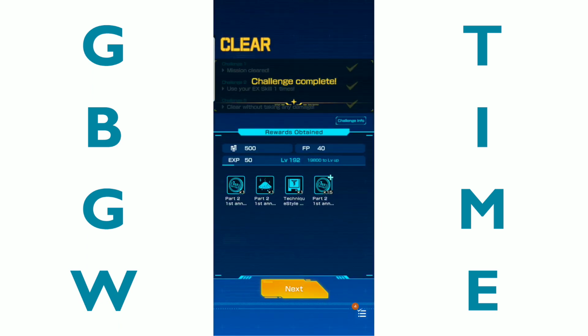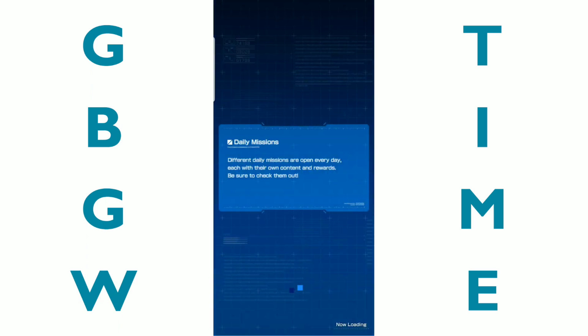Okay, so friend points. So I got 40 friend points, and Lyconius just got 100 friend points. Now, let me show you where the friend points come from, what you use with the friend points. Under the capsule, and